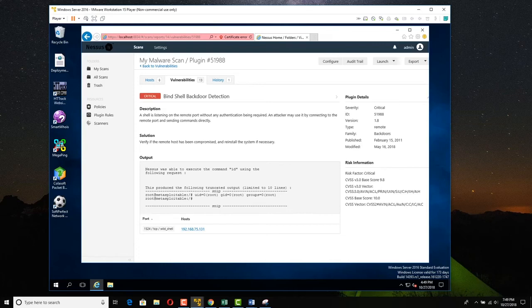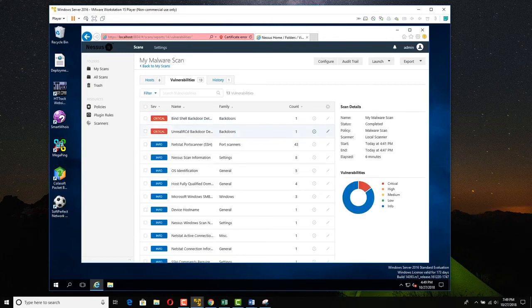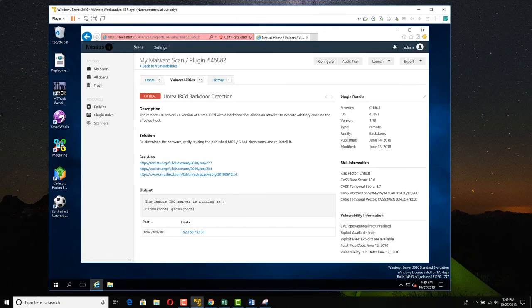A shell is listening on the remote port without any authentication being required. An attacker may use it by connecting to the remote port and sending commands directly. Okay. How many more do we have? Unreal IRCD backdoor. Let's click this one. This is critical. The remote IRC server is a version of the Unreal IRCD with a backdoor that allows an